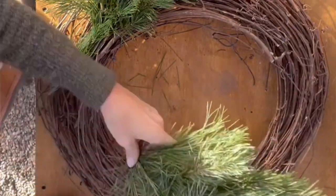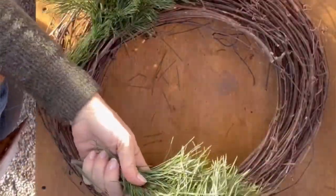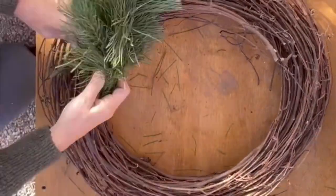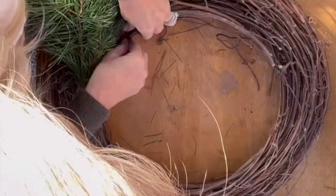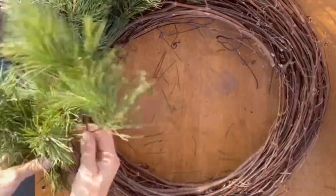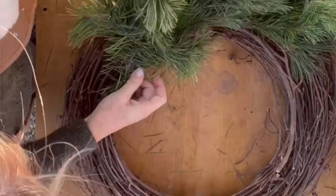So for me, making wreaths and garland and stuff like that, it's all about being creative and using what you have and trying to come up with something cute. I think that's why I like making stuff like this so much, because you can be as creative as you want. And every time you make it, it turns out a little different, and that's pretty cool. They never look the same, they never look boring. And you guys know me that I love it when things look